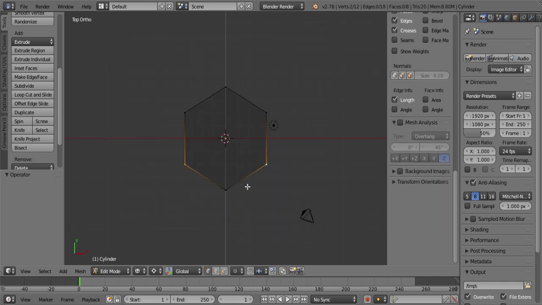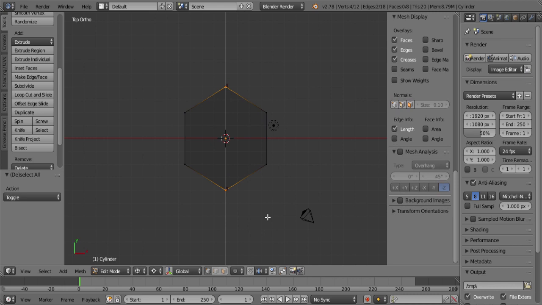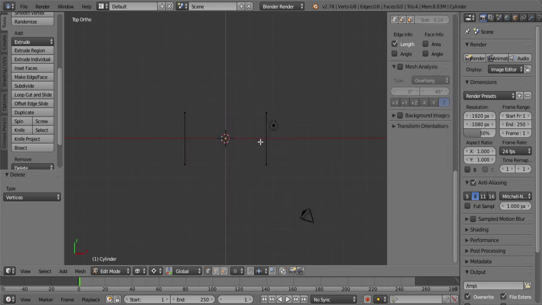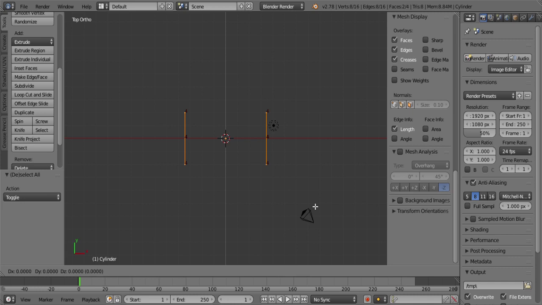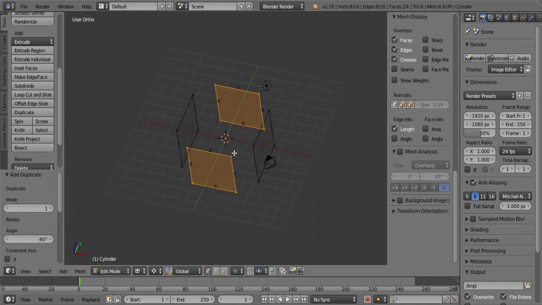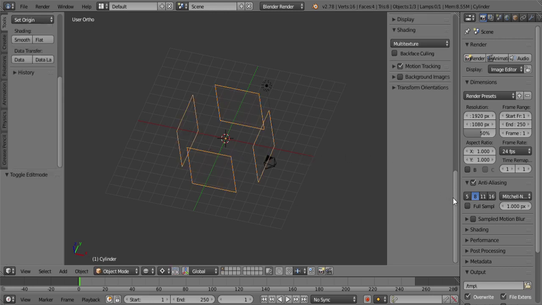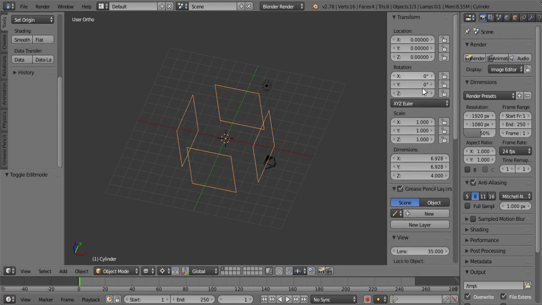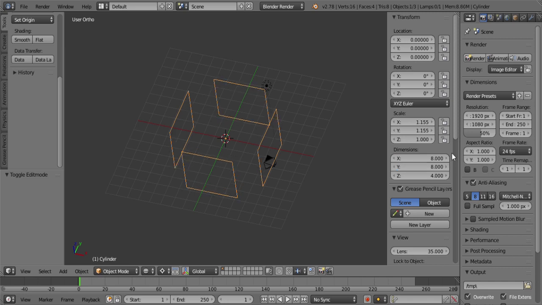I'll just select the top view and remove these vertices. Now I select everything, duplicate, rotate. So now I have these faces. I'll switch to object mode, and now I'm going back to this panel again, and I can fill in dimensions. So wrench size should be 8. I'll just select 8 for X and Y, 8. And you can see that the scale adjusted accordingly. So now I'll just have to apply the scale,